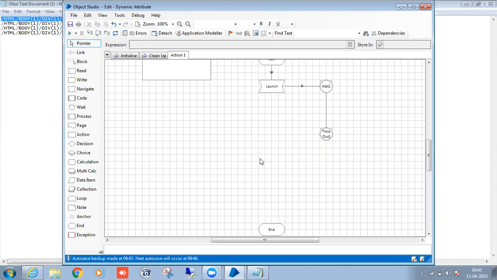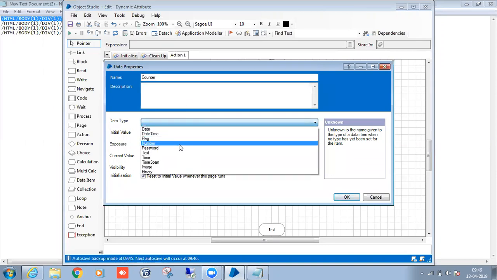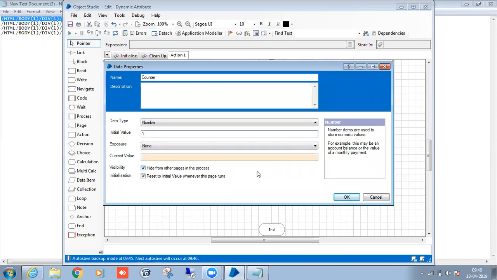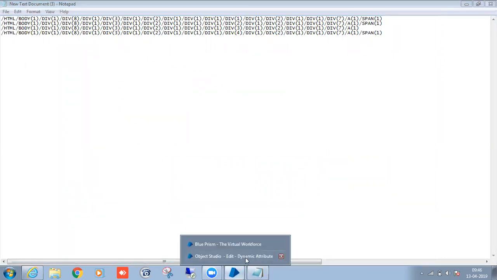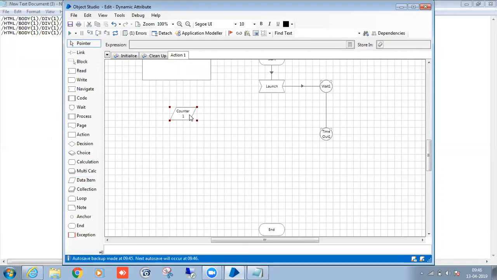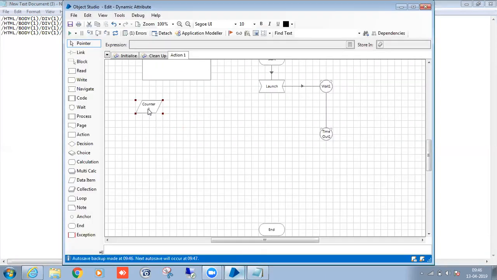So I'm taking one counter here. My counter is starting from 1. Why? Because see, this value is 1, right? First is 1. There are some products that will start from 3, 4, 5, 6 like that. So you have to take the static value as the counter, this is 5 like that. Depending upon that value, we have to take it. We have to take here the first attribute value, starting with 1, 2, 3, 4, right? So first is starting with 1. So I have taken here 1, right?